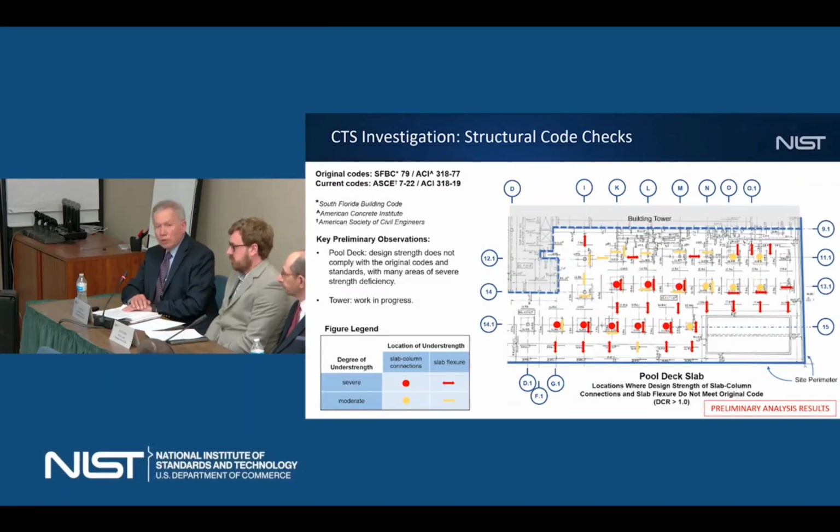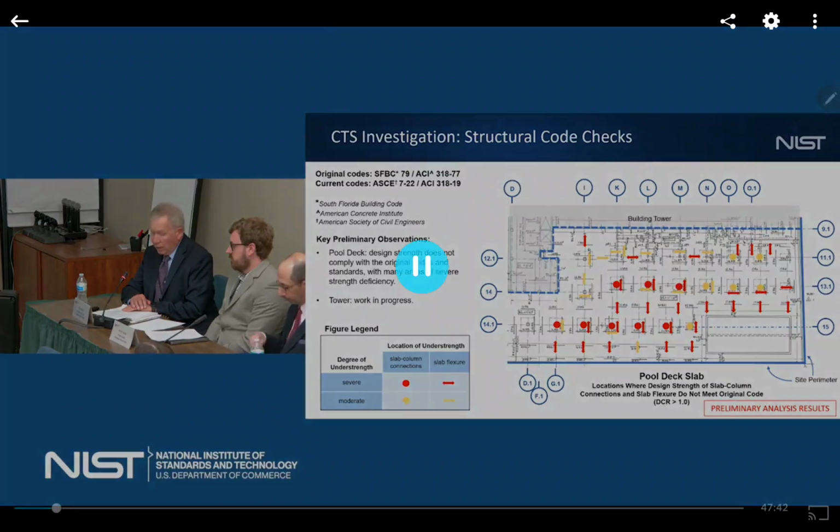Checks against the original codes and standards will allow us to understand the extent to which any deviation...